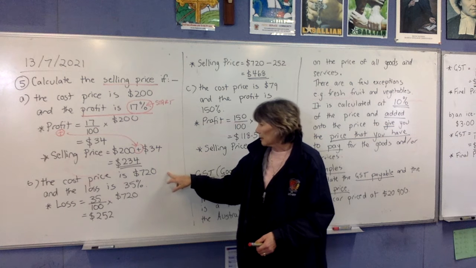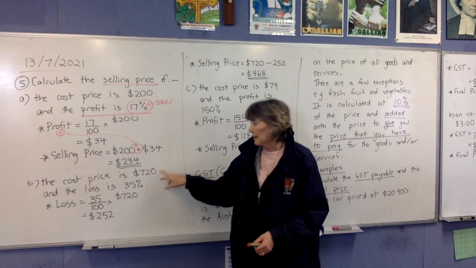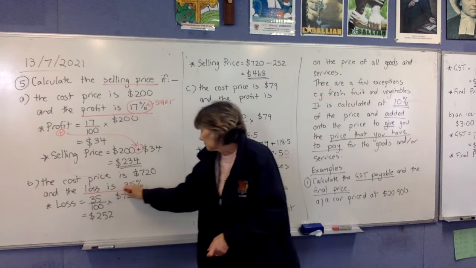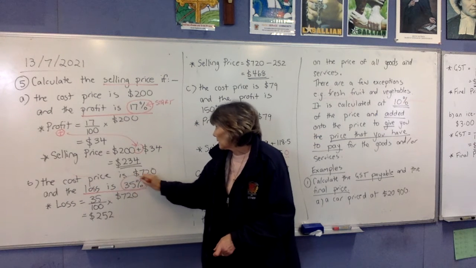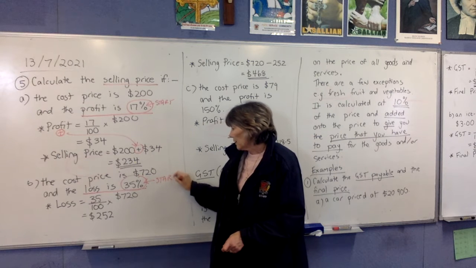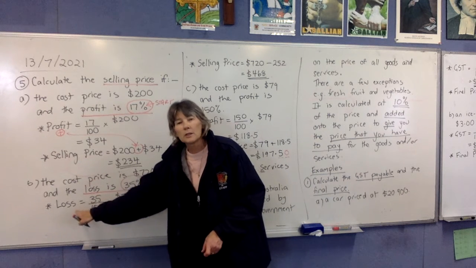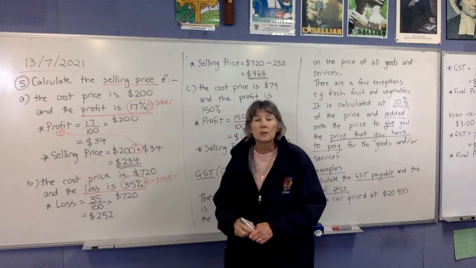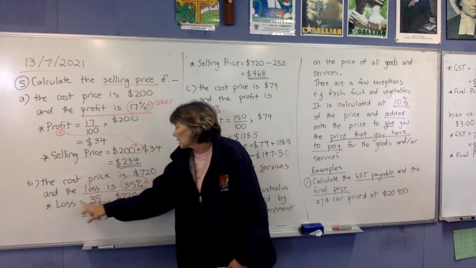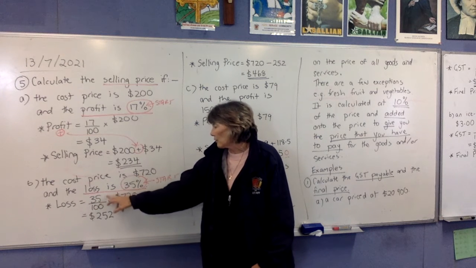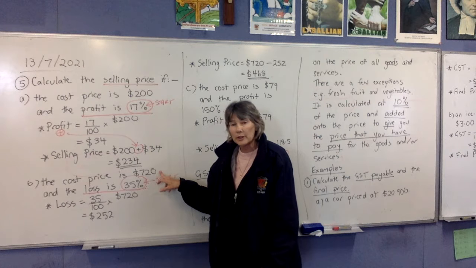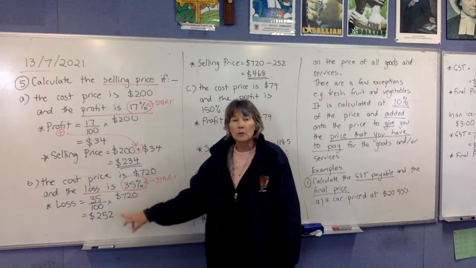All right, in the second one, the cost price is $720. This time we have a loss of 35%. We're starting our working where the percentage is. So we're going to find our loss. Right, loss equals, it's always a good idea to write words down so you know what you're finding. So the loss equals 35 over 100 for 35% of the money in the question, $720,